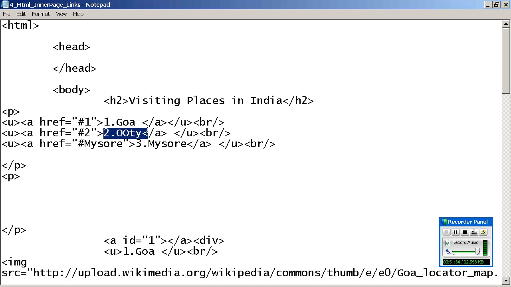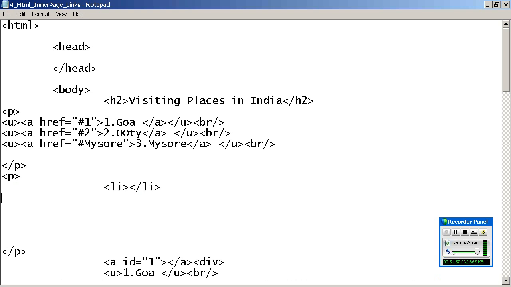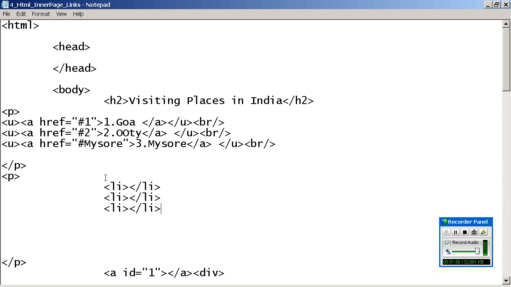See, no matter whether ordered or unordered list, whatever you have under that is called a list item. So we represent that by using a tag in HTML called li. Li means list item. So how many do I want here? 3 here, correct? What do you want to have, ordered or unordered? Ordered. So that's your wish.